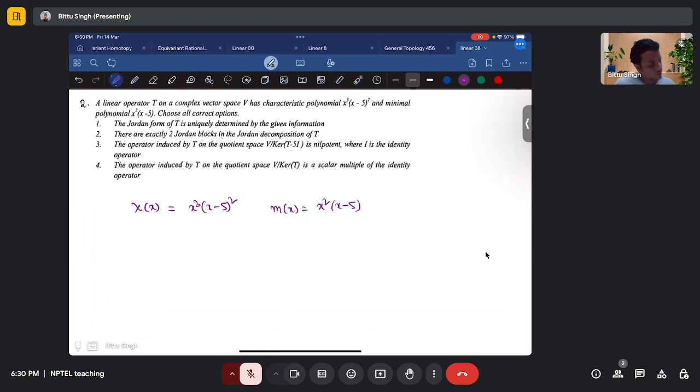Jordan form of T. So let us look at what the possibilities of Jordan forms are. T is uniquely determined by the given information. The dimension of the vector space is not given. Oh, it is given actually. So it is 5. The dimension of the space is 5 because